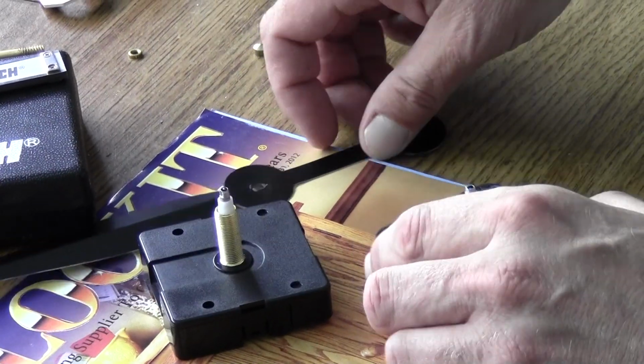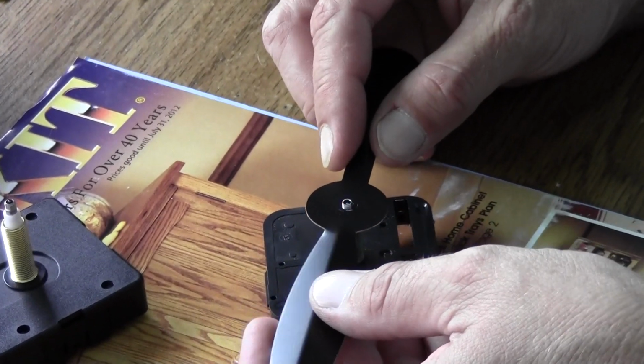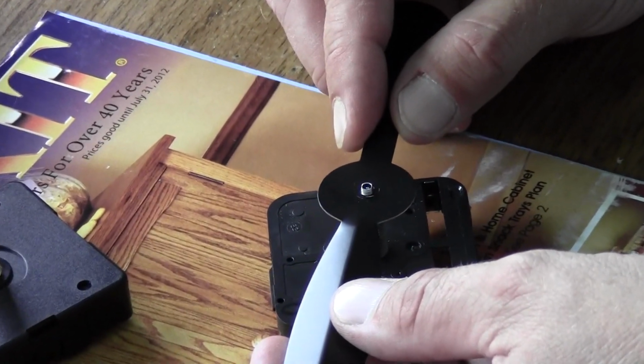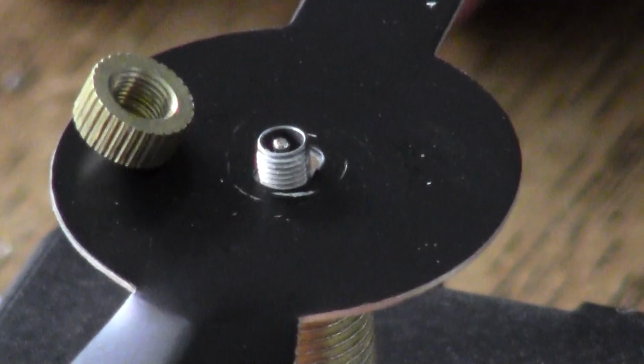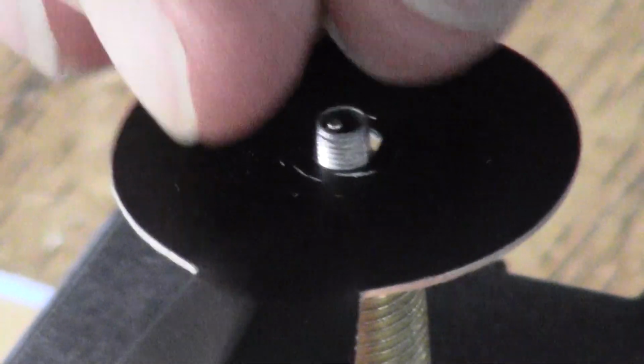So what we have here is a hand that'll fit a low torque movement rather perfectly. But we come to find out that to fit our high torque movement that we just ordered with brand new hands, there's a lot of wobble. What does that wobble mean? That wobble means that when we assemble this movement... Put your hand away. When we assemble this movement... I lost you. Okay, there you go. Can you... There we go. I couldn't see it. What it means is when we assemble this movement...